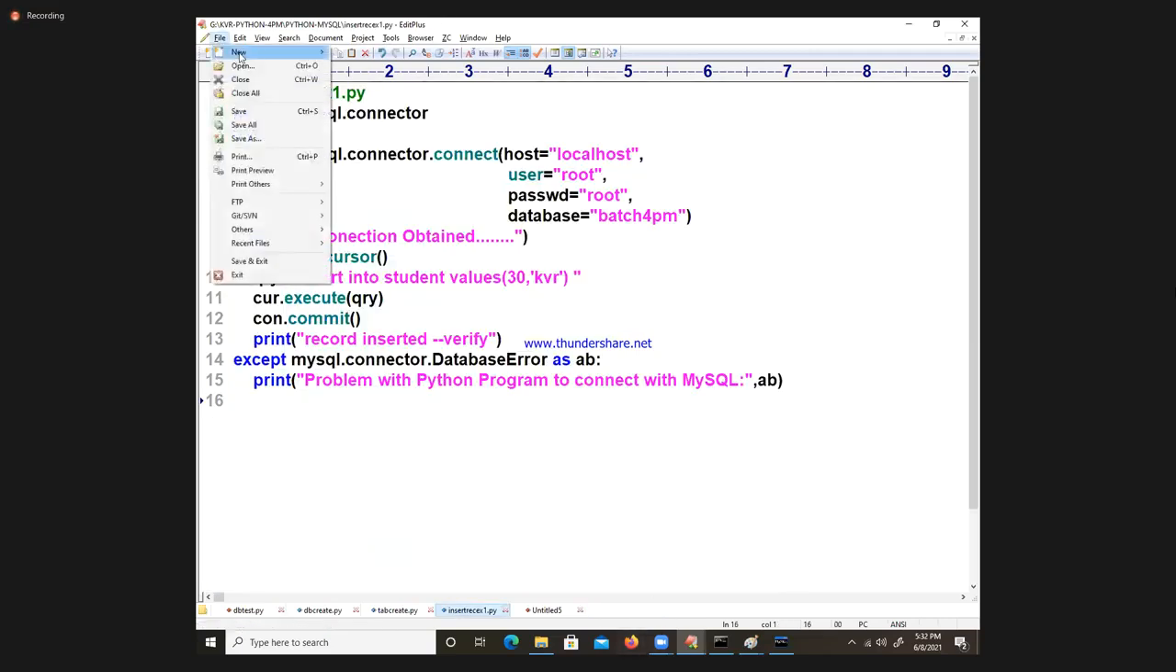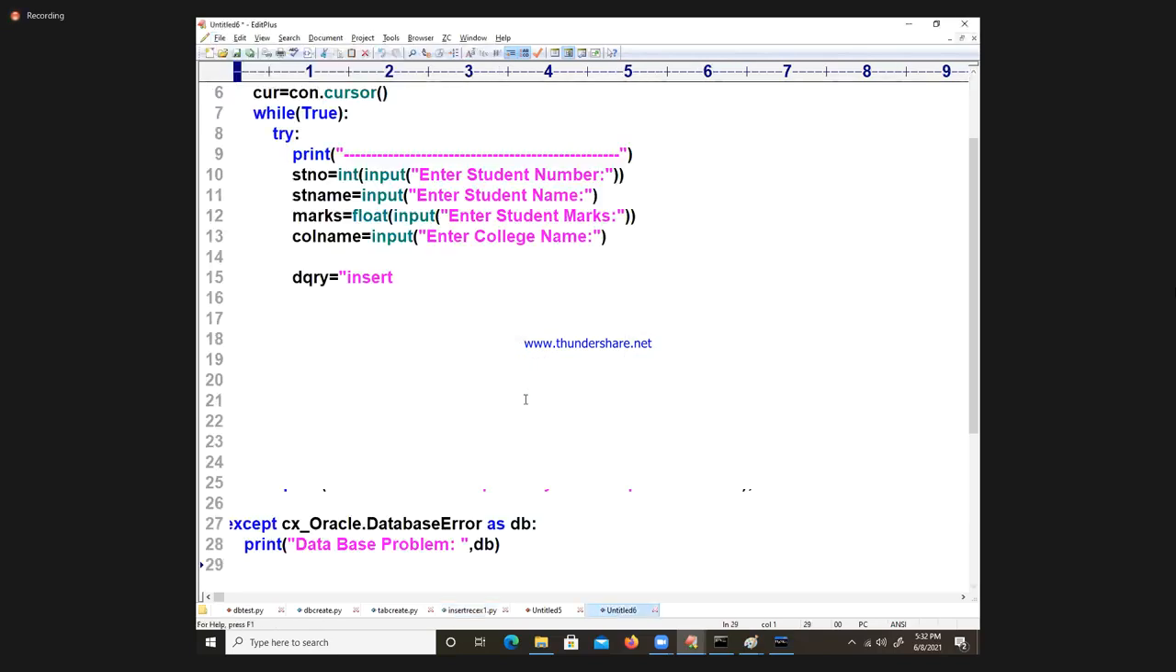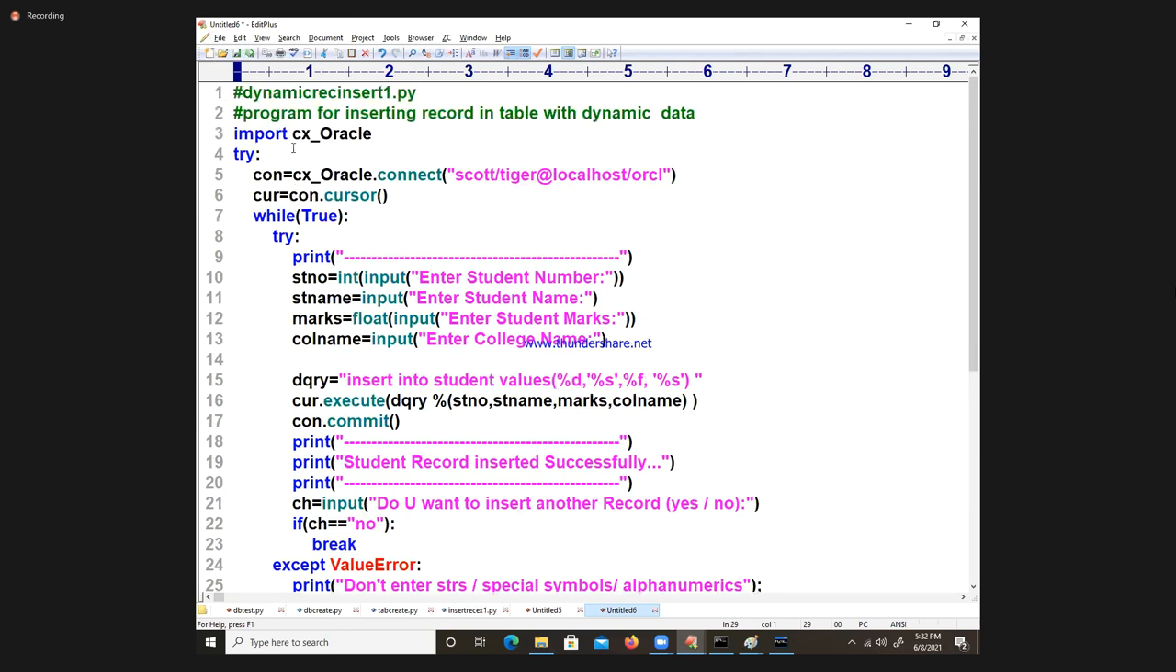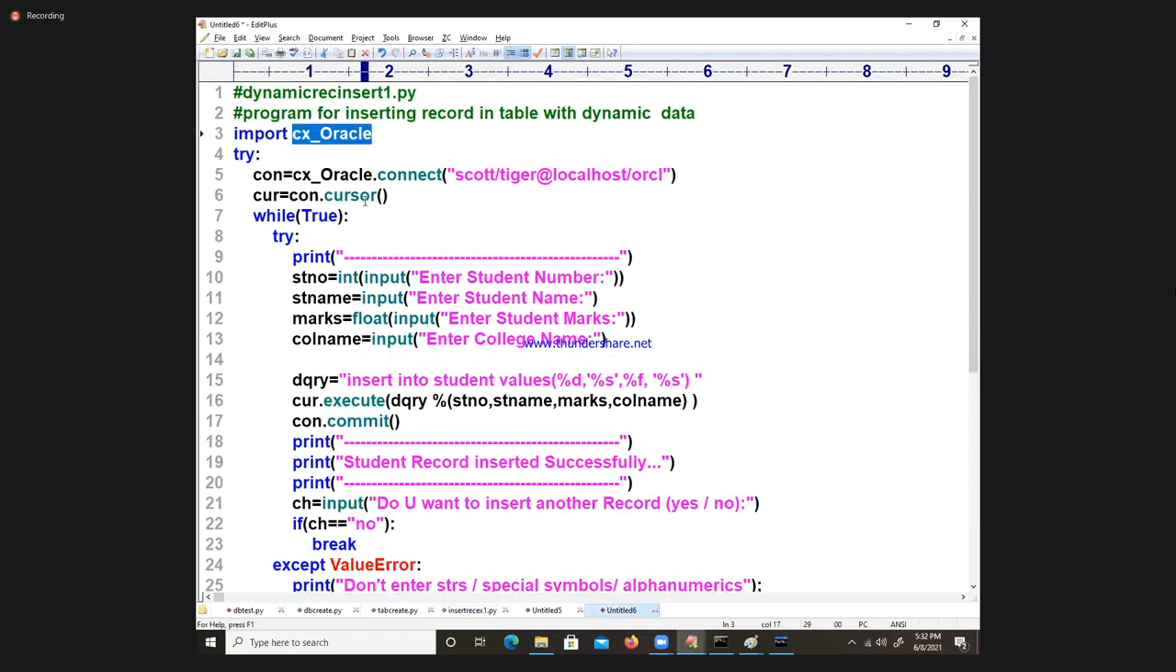I will just paste it and change it. I will do the dynamic insert, so I will be changing the module. What is my module? I will take MySQL connector. Very, very simple. Okay, connection. I will change this connection. Now I will go for MySQL connector dot